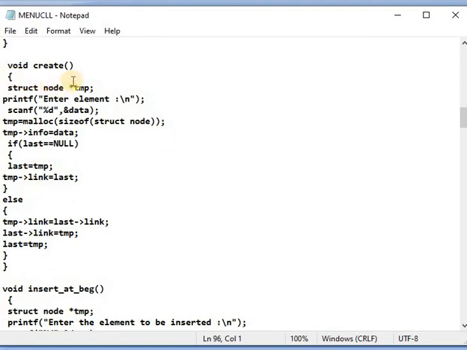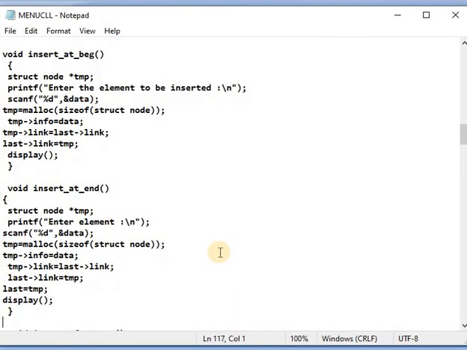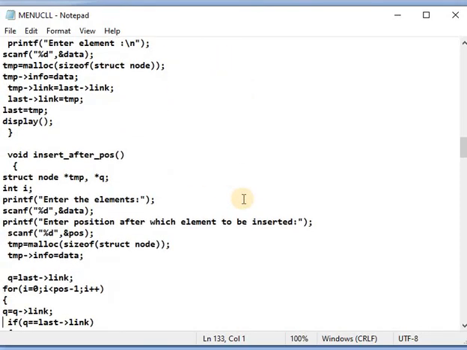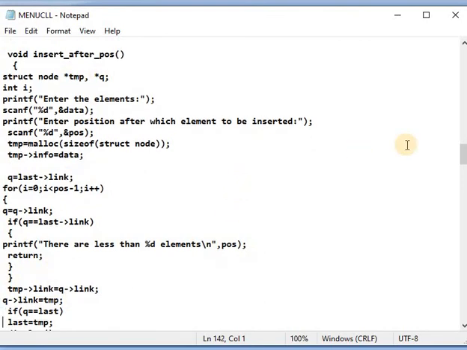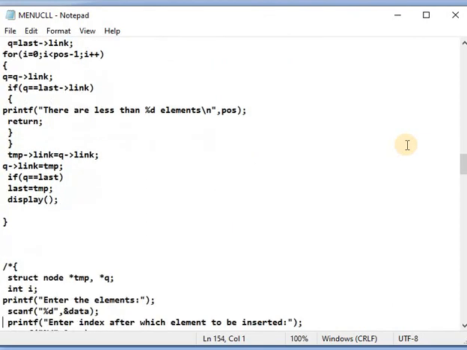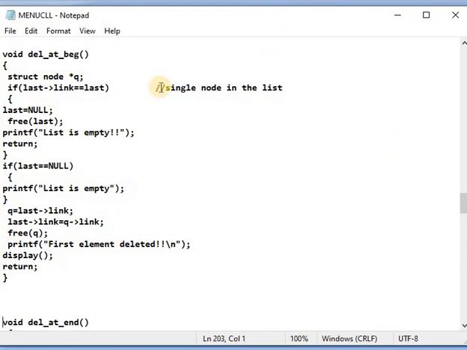These are the create function definition. After that, void insert at beginning, void insert at end, void insert at after position, then the function definition of void delete at beginning.